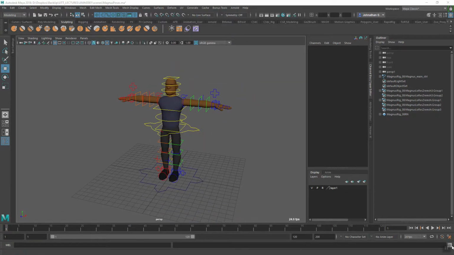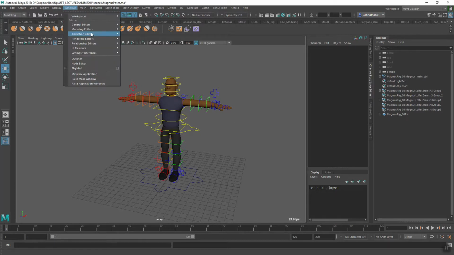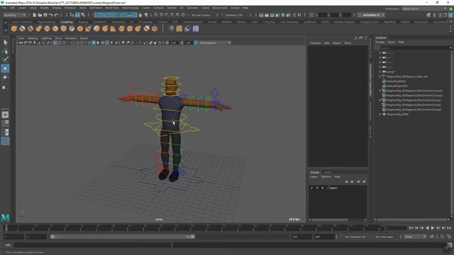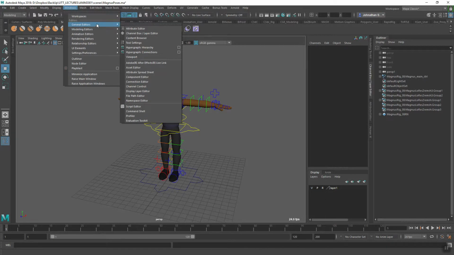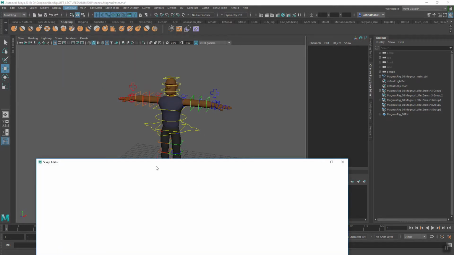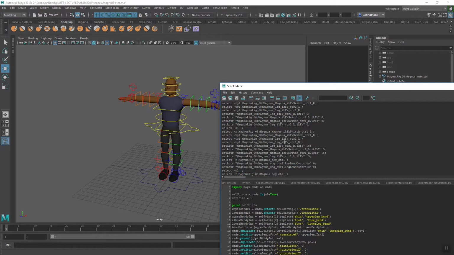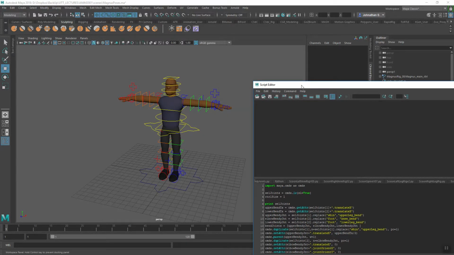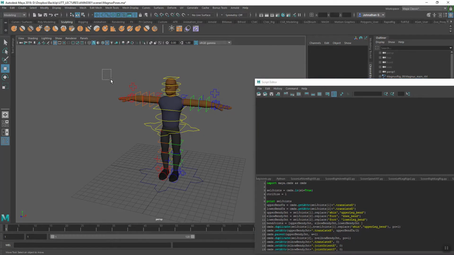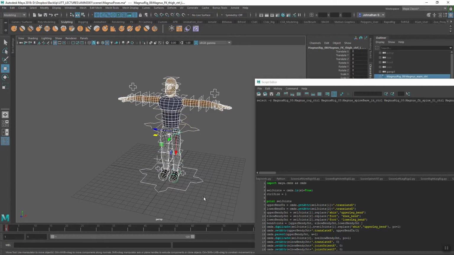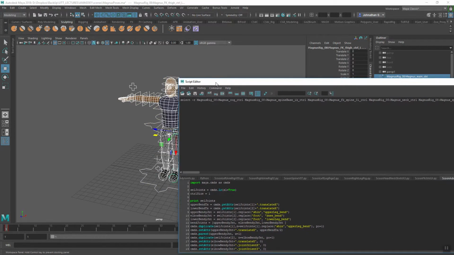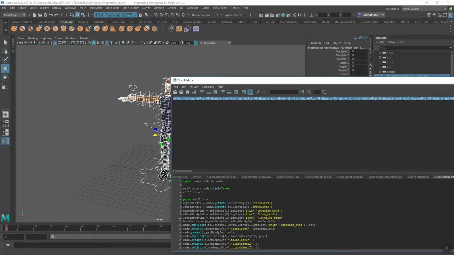So what I'm going to do is open my script editor. You can click this button here to the bottom right, or you can go to Windows, General Editors, Script Editor. Now in the history, this is the history section up here, I'm just going to clear it: Edit, Clear History. Then I'm just going to drag across all these controls, and I just want to select this line here, so I'm just going to drag up,